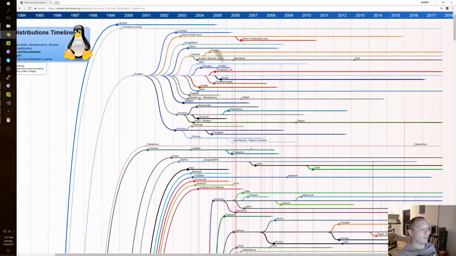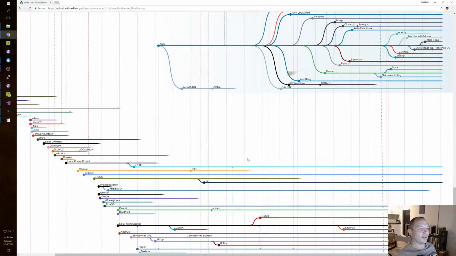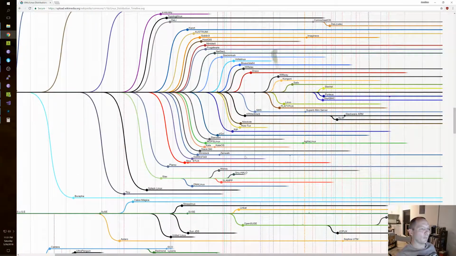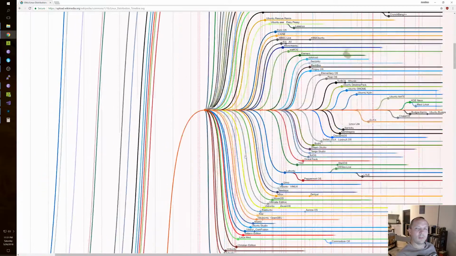But also, there's a question of what makes something different enough that you need to do it. And I claim that most of these distributions are just the same as each other, right? In essence, they picked slightly different versions of packages to ship or something, right? There's almost nothing in the way of fundamental operating system differences in any of these, right?